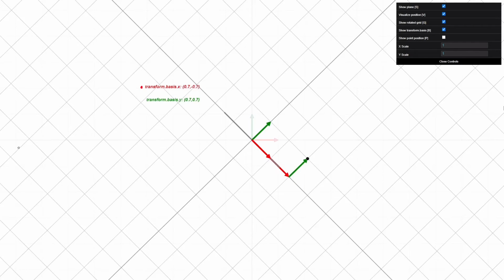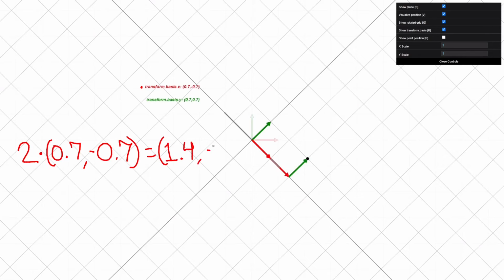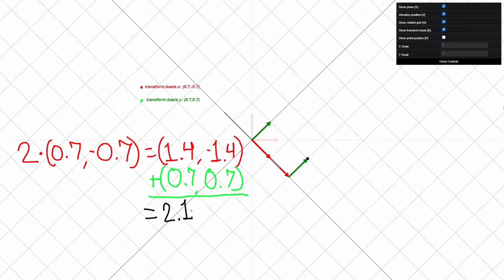So if I do the math by hand here, I'll take the x of the point, which is 2, and multiply it by the x basis, which is 0.7, negative 0.7. That'll get us 1.4 and negative 1.4. And I'll do the same with the y basis here. It would be 1 times the y basis, which is just the y basis. Add them up with our standard vector addition, which remember is the equivalent to putting the vectors end to end, and we get 2.1, negative 0.7. And if we enable the world position of the point, you'll see we calculated the exact correct value using the